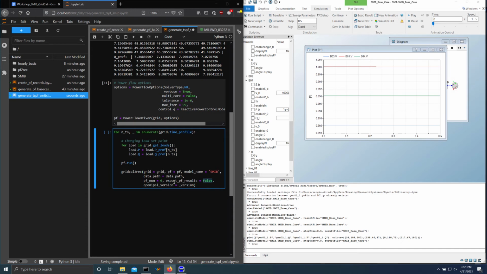We will change export power flow results to false, because although we could export them as CSV files, it would be a little bit annoying because there are many power flows. Then in power flow number, we would like to have the power flows a unique identifier, so it could be related to the time series step, that is NTS, but we will add one because Python is zero indexed, to make this more intuitive. And the version of OpenIPSL is the same, but now we need to pass additional flags